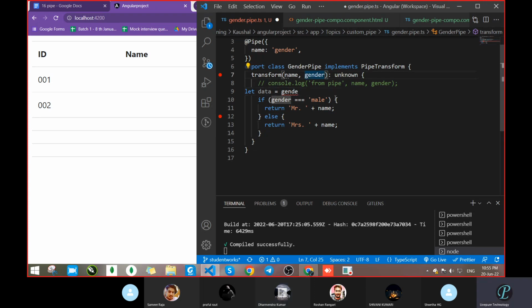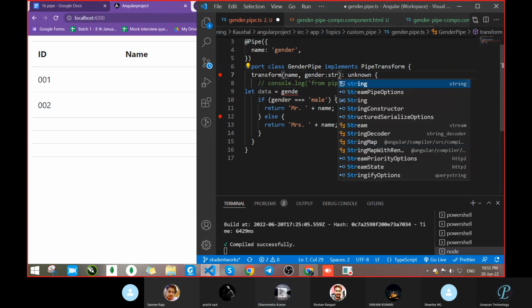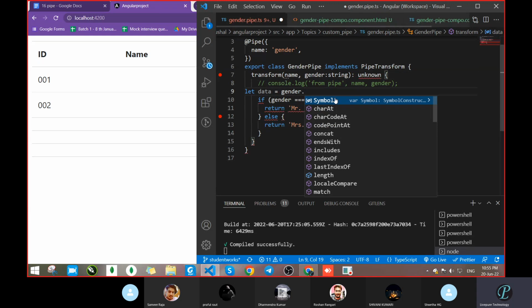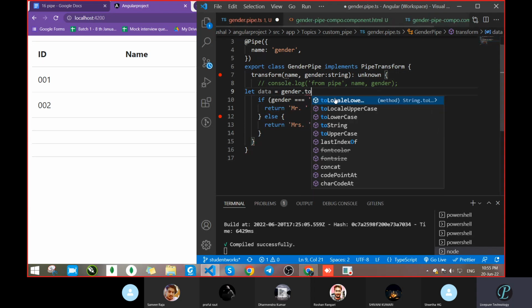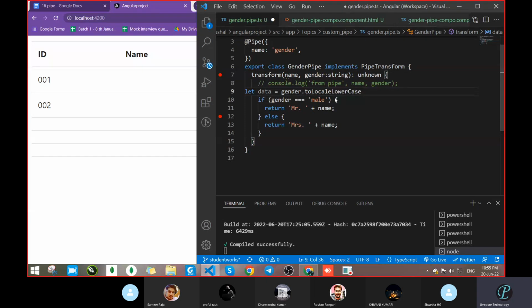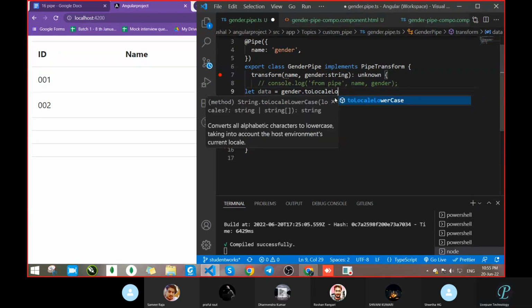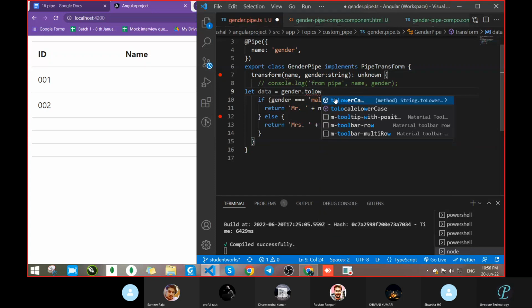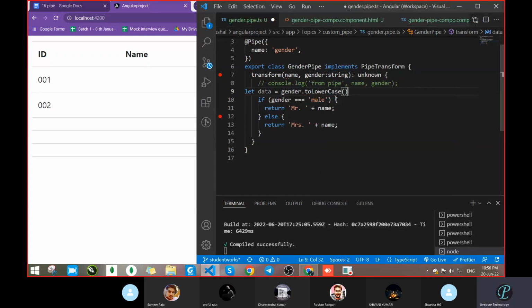Okay, got it. Gender dot, yeah, now it comes, sorry, toLowerCase. Why is it coming? ToLowerCase, and then